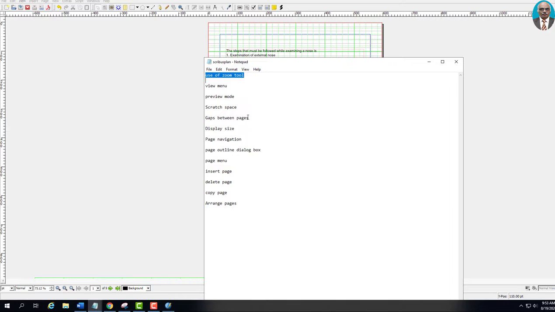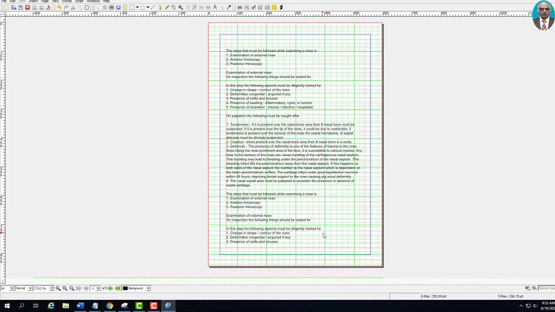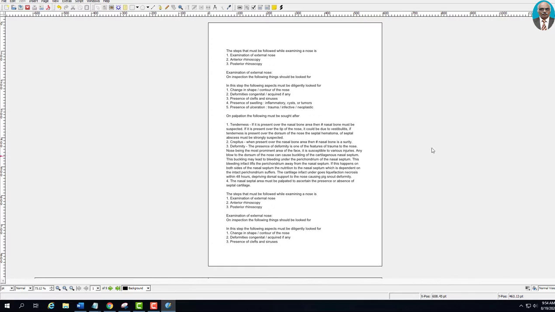Then view mode. Now we have seen preview mode, but here we have another way of viewing the preview mode. You have a small eye in the bottom right corner, you just click here, that is a view mode. So you are able to see the preview mode. Here this is actually the view which a person with normal vision will be seeing. Supposing the person has color defects, deuteranopia, color blindness, full color blindness, these things will be adjusted as far as the vision of the viewer. So that can be done here in the preview mode.